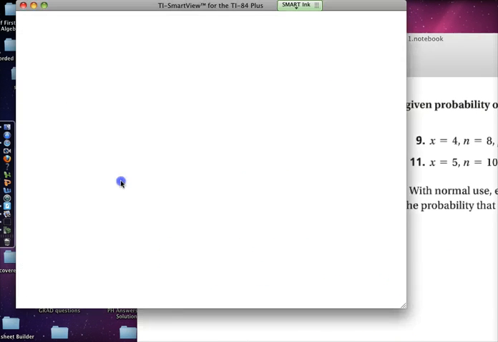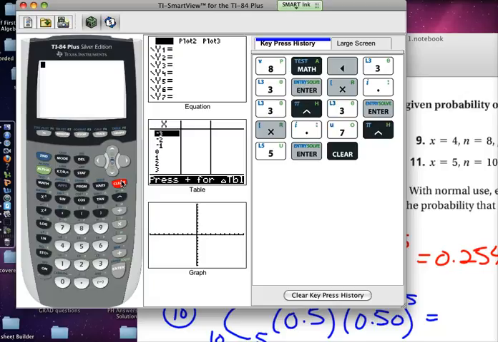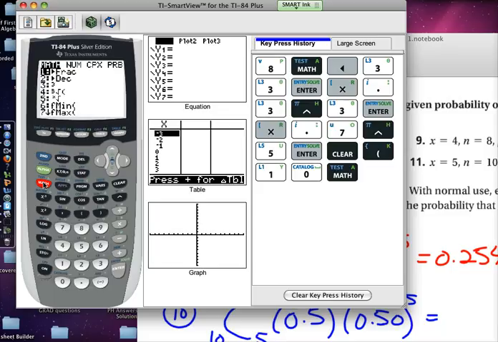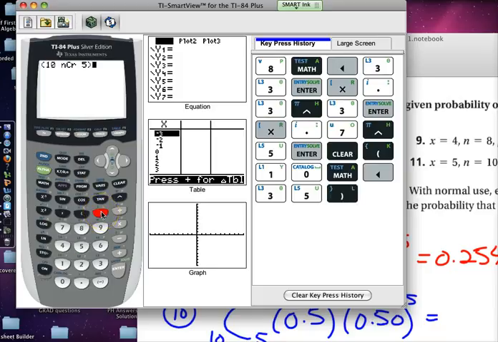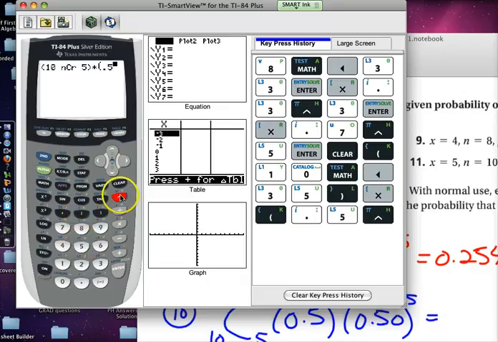So this time I'm going to punch it all in as 1, and I'll clear my page here. I'm going to use parentheses to let the calculator know that I want to put this combination in all at once. So 10, math, and then probability, combinations, number 3, 5: 10 choose 5, parentheses. All right, got that taken care of. Now I'm going to say times, and then I need parentheses. I want 0.5 to the 5th power, and parentheses. And then I want that times